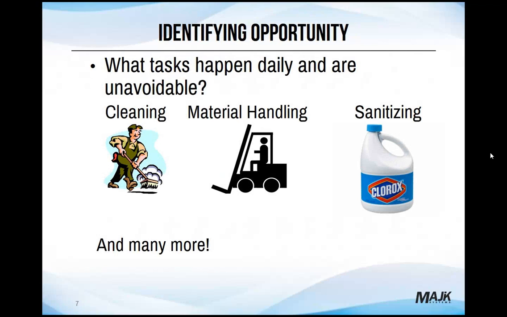Okay, so how do we identify opportunity? Above, we've identified some of the processes that happen daily, but we should also evaluate which of these processes are considered critical or unavoidable to ensure that we are in fact having them take place as needed. If we are focusing on tasks that are optional or intermittent, then we won't see the same sustained gains in